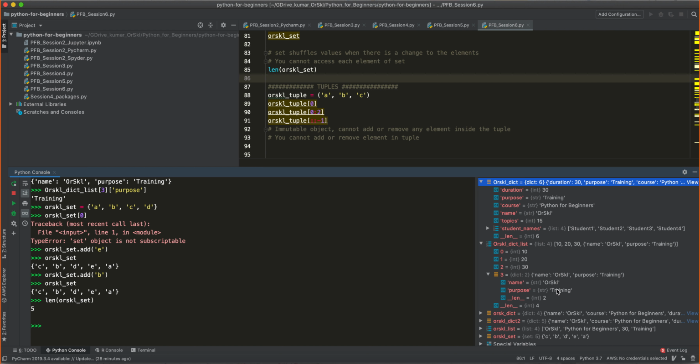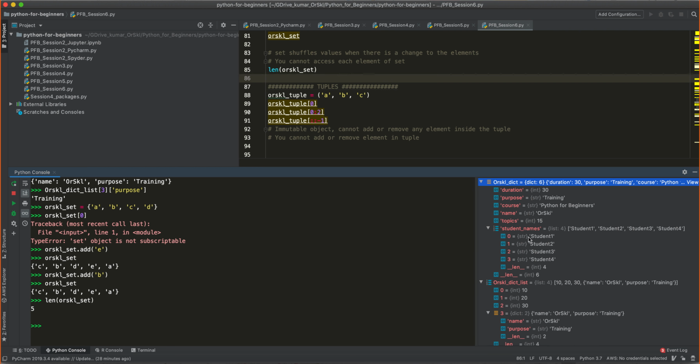In case you want a user-friendly reading of what is there inside a dictionary, you can also choose this panel. And we have created this Oracle dict as a nested dictionary within the list, right? See, inside this dictionary, there is a list called student names, which is of type list of 4 elements. And if you click on this, you get first element is student 1, second element is student 2, and so forth.